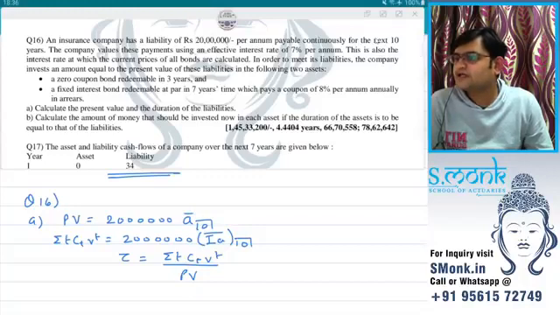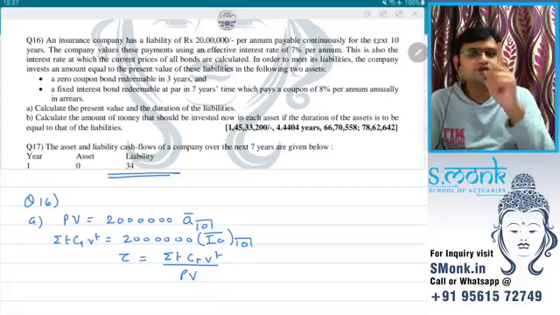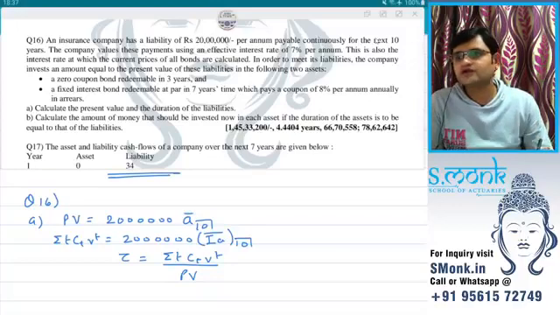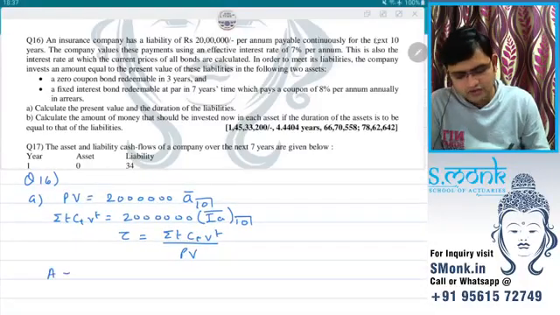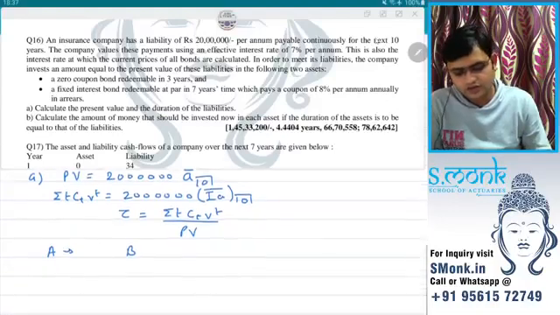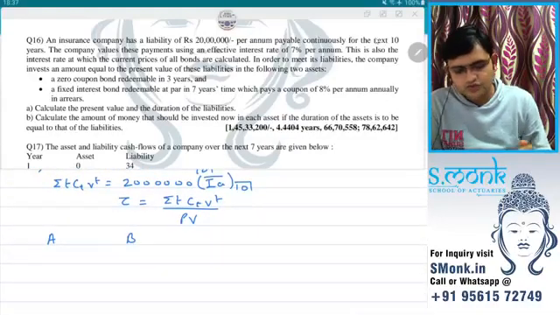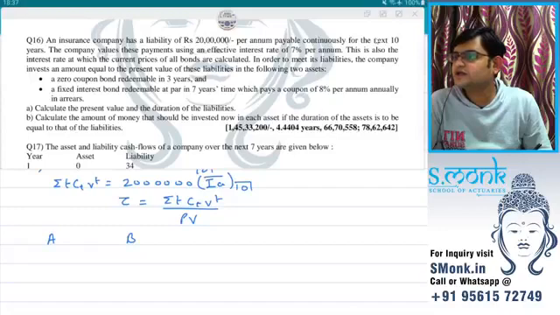Calculate the amount of money that should be invested now in each asset if the duration of the asset is to be equal to that of the liability. Okay, so let's say I will be calculating everything per one nominal so that whatever variable I take, I will be getting the correct answer. So if I say A amount invested in zero coupon bond and B amount invested in the second bond, A amount and B amount. So for the zero coupon bond that is redeemable in 3 years,